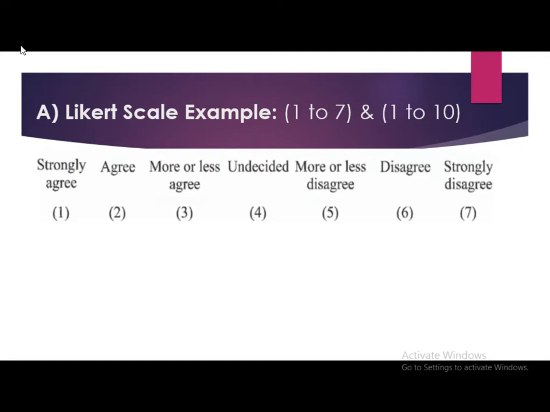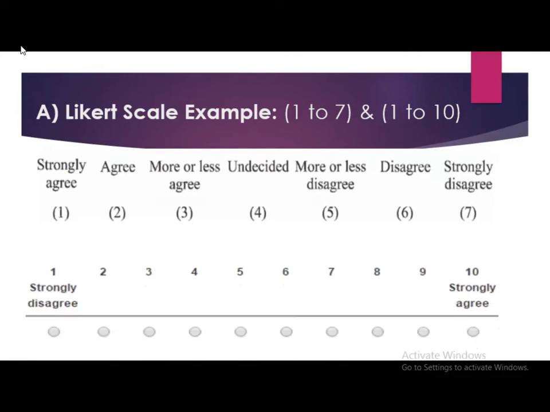Again, I will take one example of the Likert scale, where a 1 to 10 scale is used. So strongly disagree is at 1 and strongly agree is at number 10. So the respondent can click on any of the options between 1 to 10. So 9 specifies that he is towards 90% agree with the statement, and 10 will specify he is 100% agree with the statement, and so on. So this is about the Likert scale.